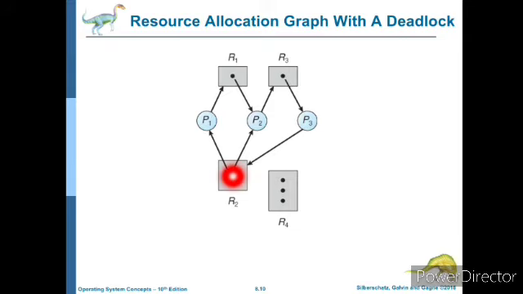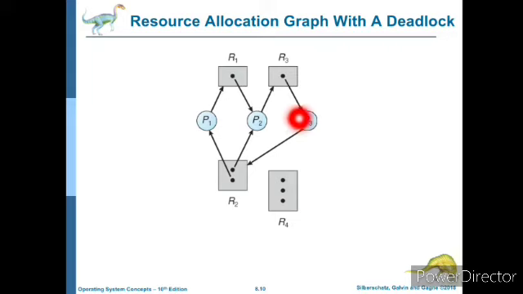There is a cycle: I'll take P1 to R1, R1 to P2, P2 to R3, R3 to P3 and P3 to R2, then R2 to P1, because we started with P1 and it is ending with P1. So there is a cycle. And one more cycle: I'll start with P2, P2 to R3, R3 to P3, P3 to R2, then R2 to P2. So we started and ended with the same process. Okay, there is a cycle.